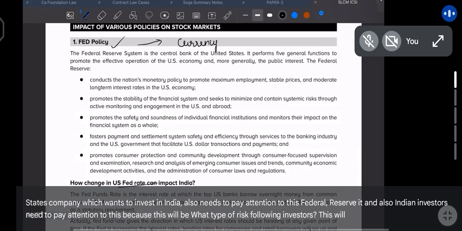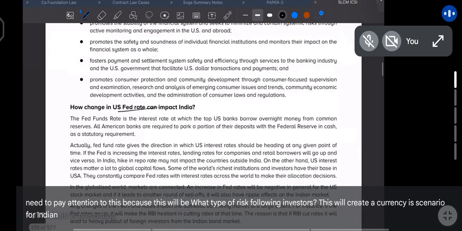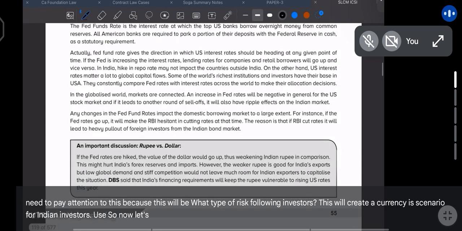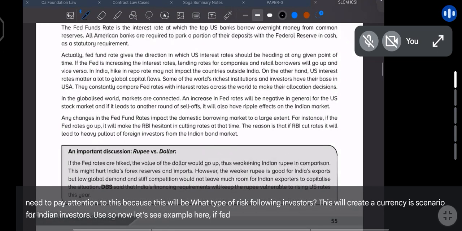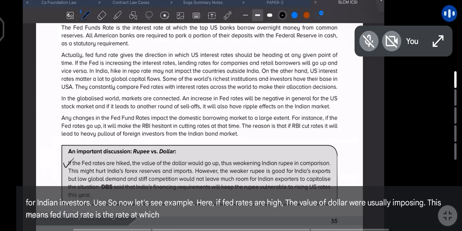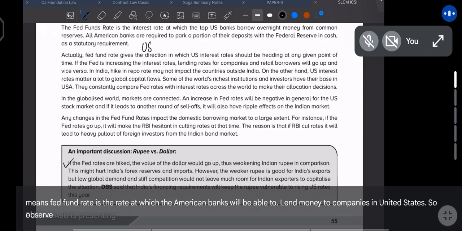This will create a currency risk scenario for Indian investors usually. So now let's see an example here. If Fed rates are hiked, the value of the dollar will usually go up, which means... The Fed funds rate is the rate at which American banks will be able to lend money to companies in the United States. So observe this: if the United States increases the Fed rate,